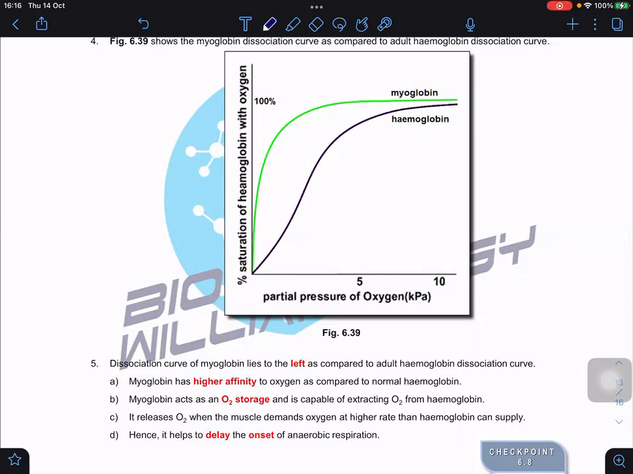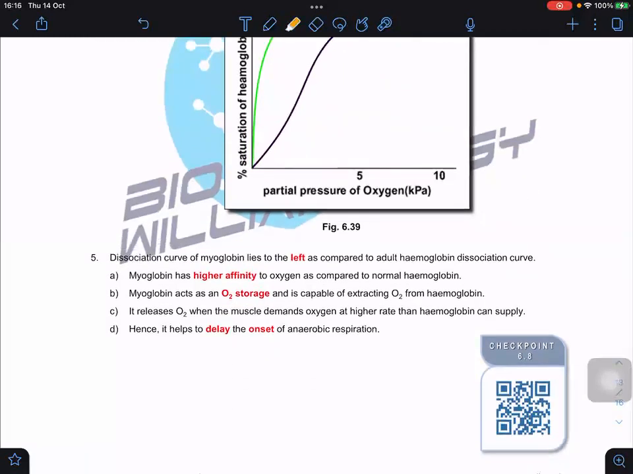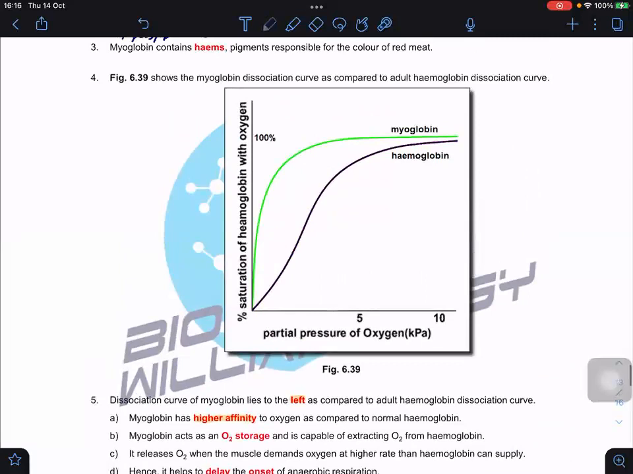The dissociation curve of the fetal hemoglobin lies to the left, as compared to the adult hemoglobin. That means, to the left, it must have higher affinity to oxygen as compared to normal hemoglobin. So what actually happened? Myoglobin,